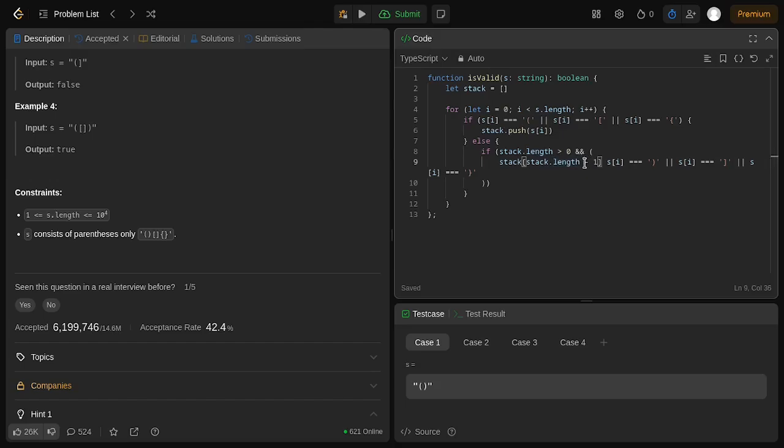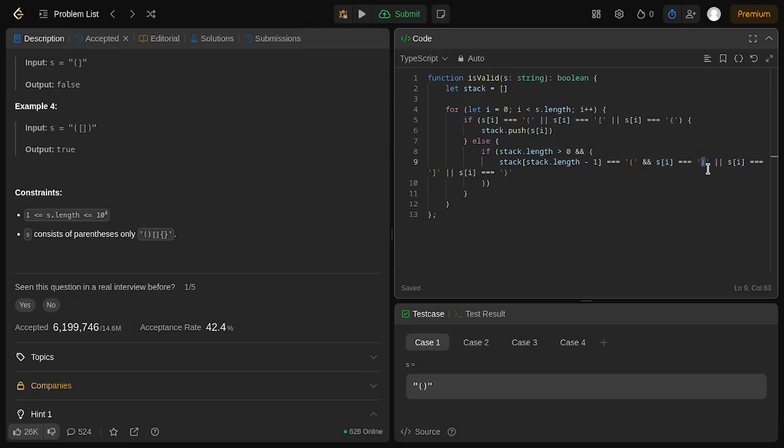So that's why we are using the -1 right here to match the last element of the stack array, and check if the last element of the stack equals the pair of the brackets using the AND operator, and matches the